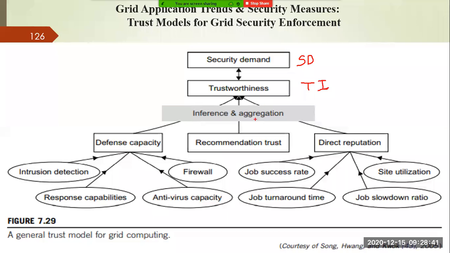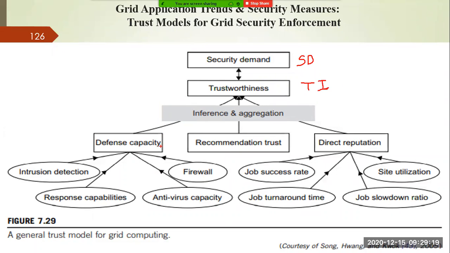Here you can use various methods. People are using intrusion detection methods to detect an intrusion and combat it. Similarly, people are using antivirus. In our computer systems also we are using antivirus, so that if anyone injects any virus or worms into our system, it can be easily identified. A firewall provides a boundary, so anything from outside has to go through the firewall so that attacks can be avoided. That comes under our defense capacity.